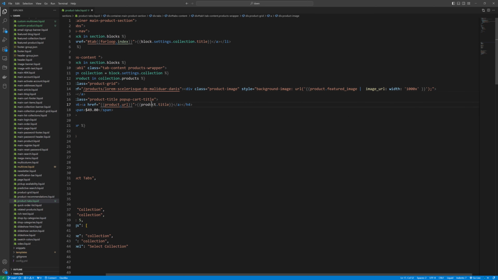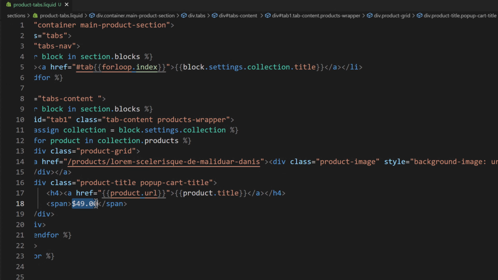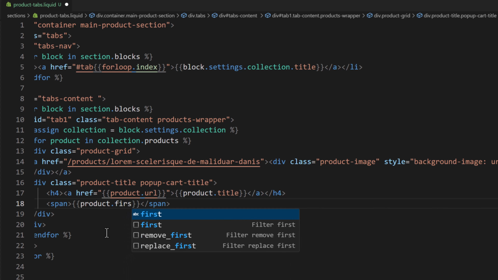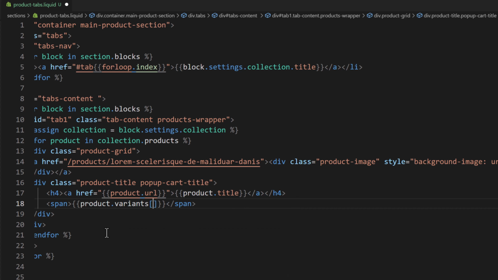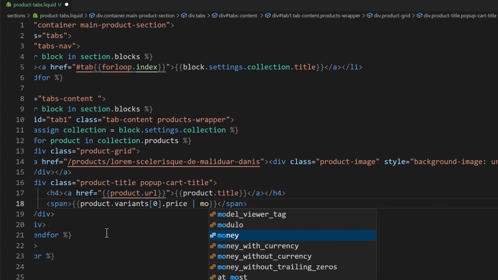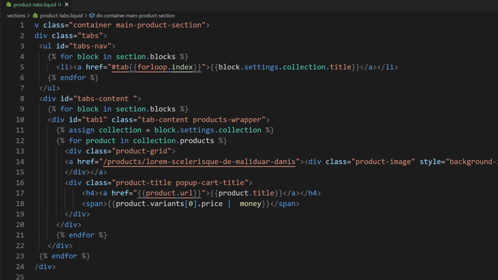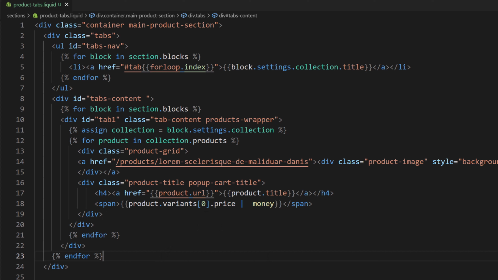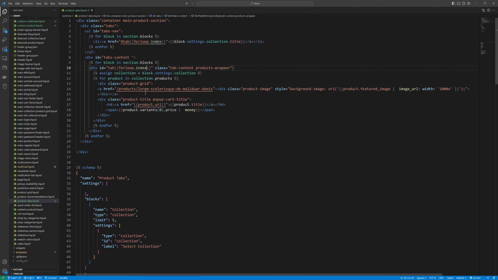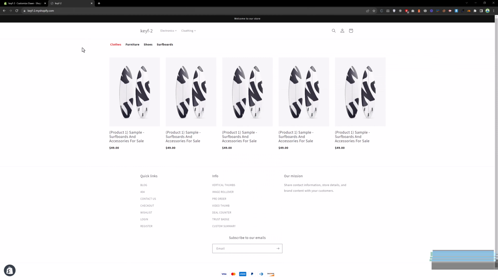And similarly, we can grab the product price. I will say product dot first variant, product.variants.first, the first variant of the product dot price, then money filter. Save that, and let me just replace this one with the forloop dot index. And now go back here and reload the page,